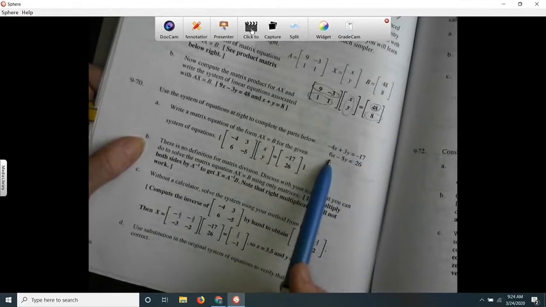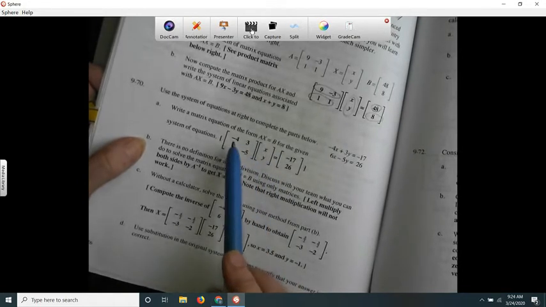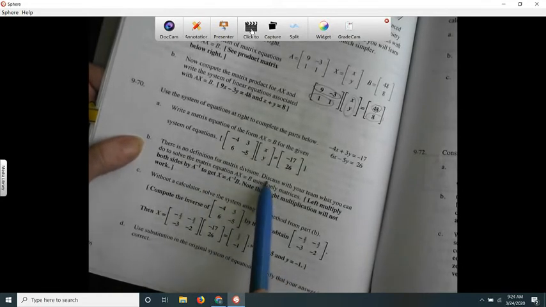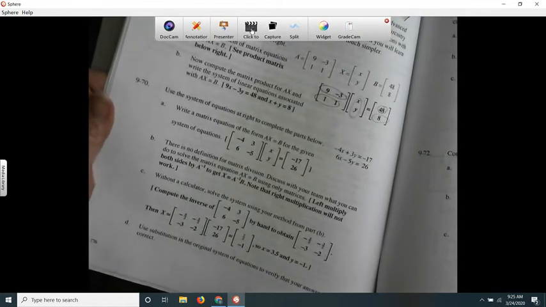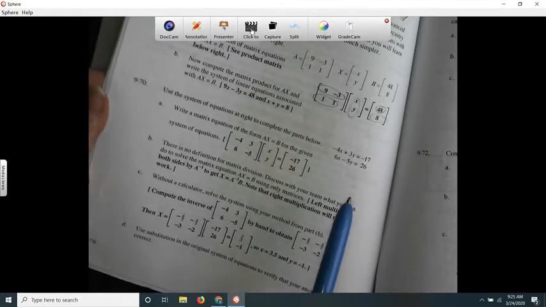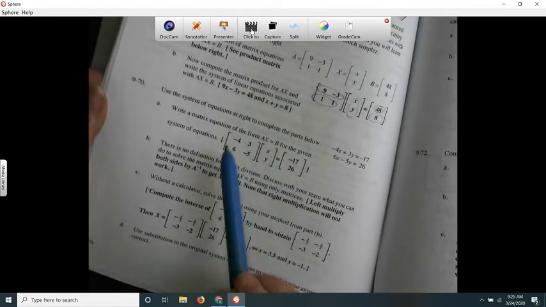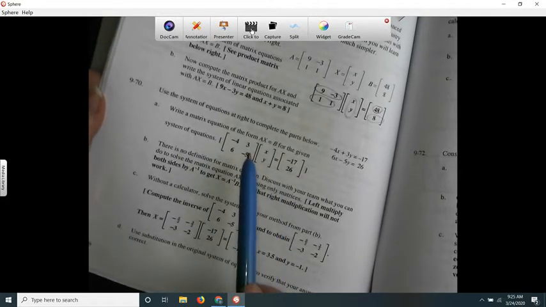So if someone gave you a system of equations like this, you could turn it into a matrix problem where you have a matrix times a column matrix. It says there's no definition for matrix division, and we talked about that. Discuss with your team what you can do to solve the matrix equation only using matrices. So since we can't divide both sides by this 2x2 matrix to get X and Y by themselves, what we can do is multiply both sides by the inverse of this matrix,